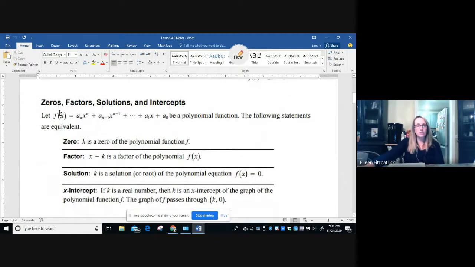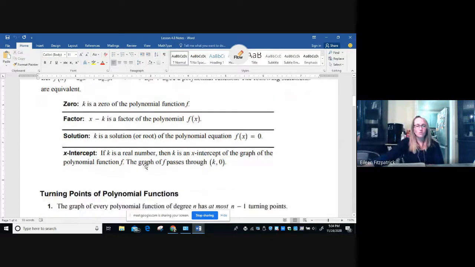All right, zeros, factors, solutions, and intercepts. Okay, let f of x equal a polynomial function. All right, the following statements are equivalent. Zero: k is a zero of the polynomial function. Factor: x minus k is a factor of the polynomial function f of x. Solution: k is a solution or root of the polynomial equation f of x equals 0. And x-intercept: if k is a real number, then k is an x-intercept of the graph of the polynomial function. You know that we've been using those terms interchangeably, the zeros, the factors, the solutions, the x-intercepts, the roots, right,